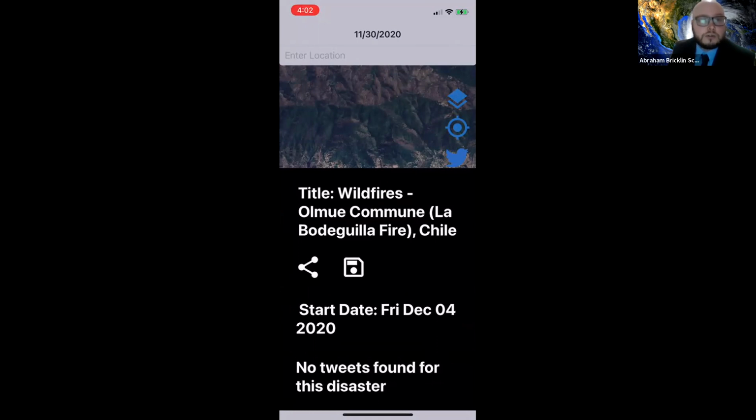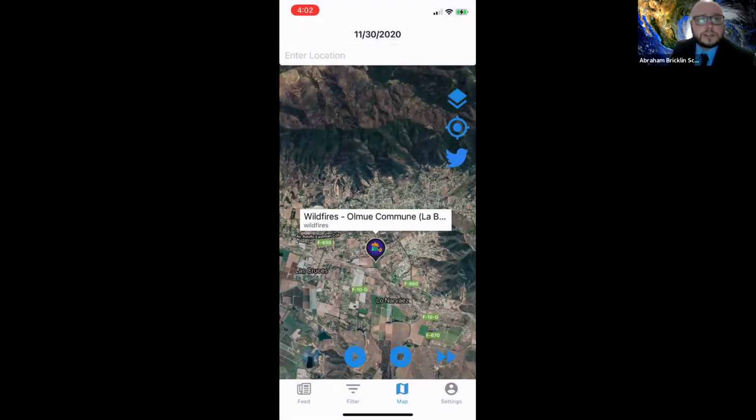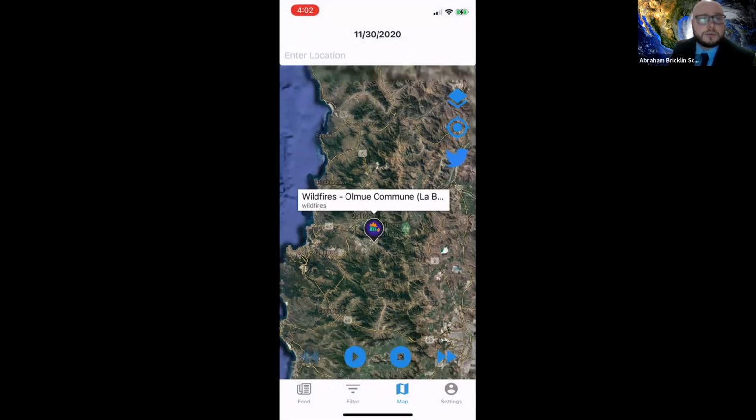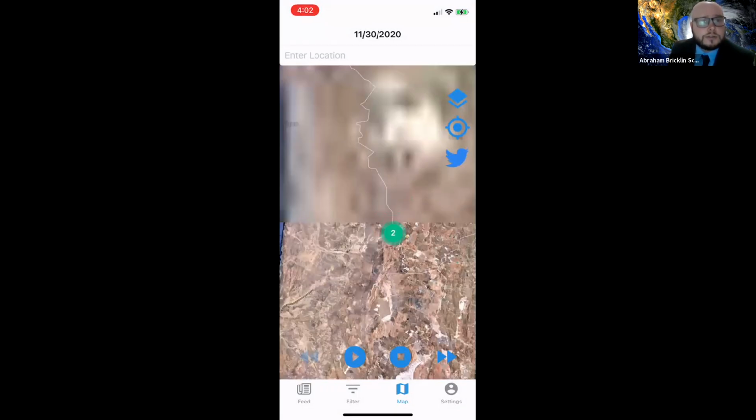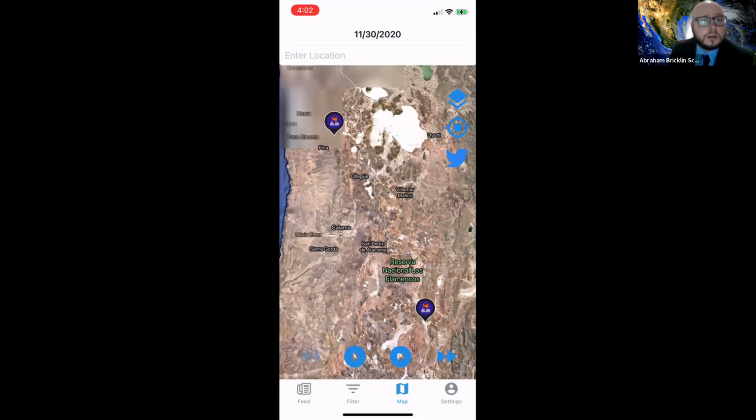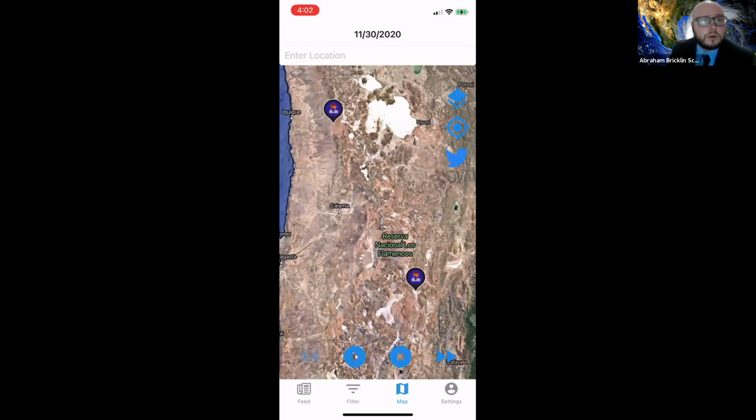He's surprised to see there's no tweets about this, but maybe it's not affecting that many people or enough to tweet about it. So he clicks out because he's actually more concerned with the earthquakes, and he'll check back and see if there's any tweets about that later. All right, so he goes up to the earthquakes, clicks down on them. All right, so again, he lives in the northernmost region, so he's going to go ahead and click on that